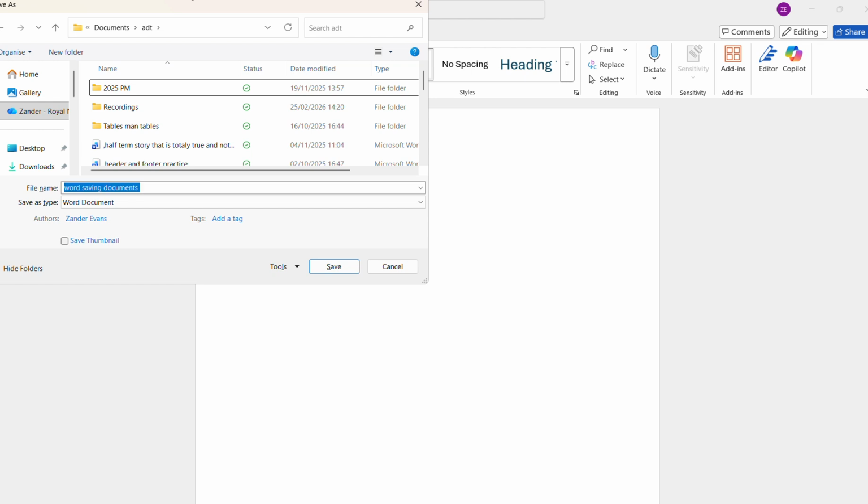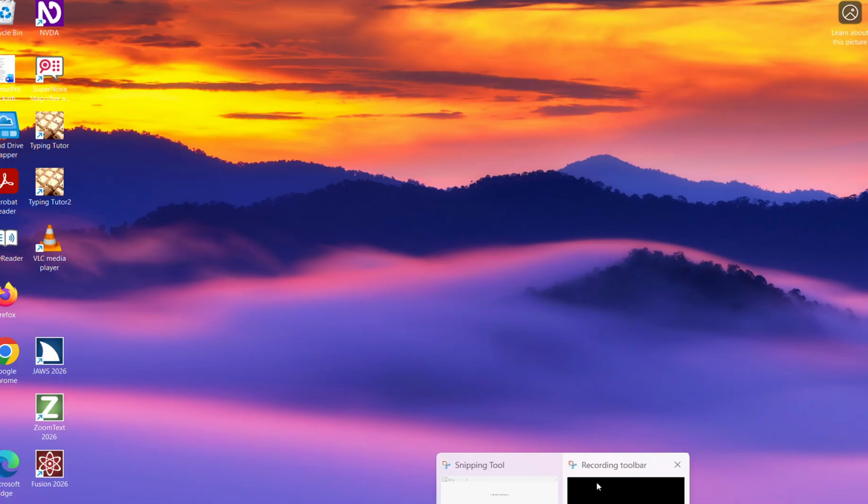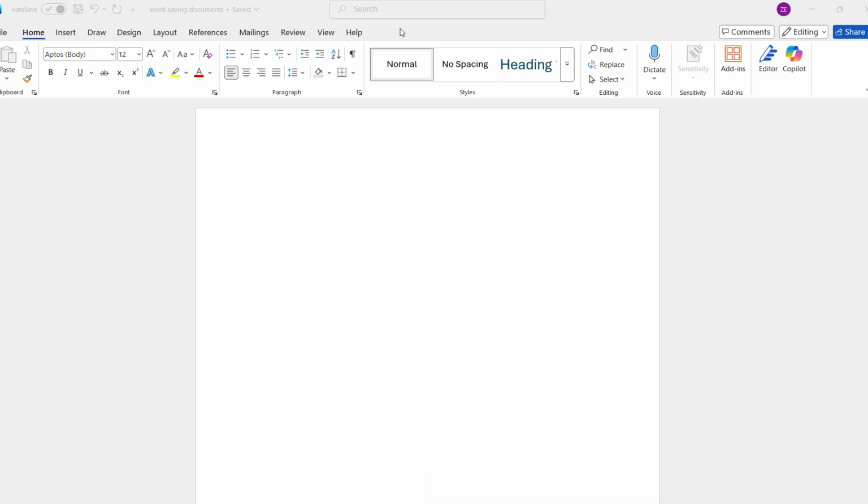Alt S, Word saving documents. This site can access your location. Change this setting in the address bar. Recording toolbar unavailable. System